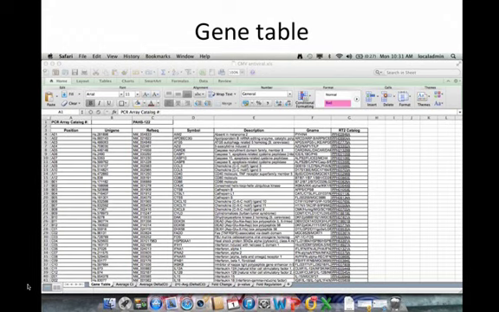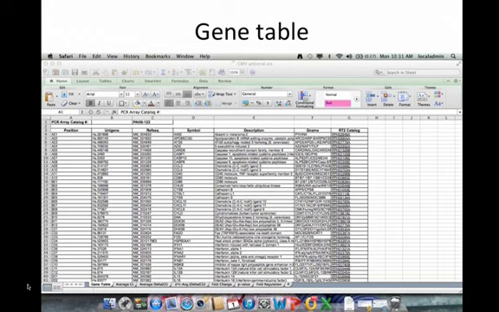Please don't limit yourself to just reading the description and making your judgment based on that. Look it up by going to NCBI Gene and actually put in these numbers or the gene name and read something about it. You don't need to start reading primary literature, but when you go to the NCBI Gene, you can actually get a little description of what each gene does. Alternative gene names, because sometimes there's a lot of different names for genes. And then some catalog number, which we don't care about. So you have that for all the genes.